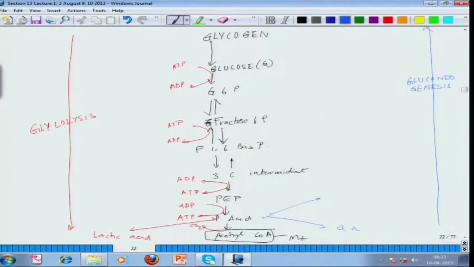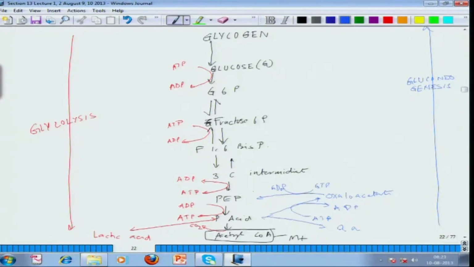From here it forms oxaloacetate. In that process ATP is used up, forming ADP. Oxaloacetate forms phosphoenol pyruvate, and in that process GTP is used up,